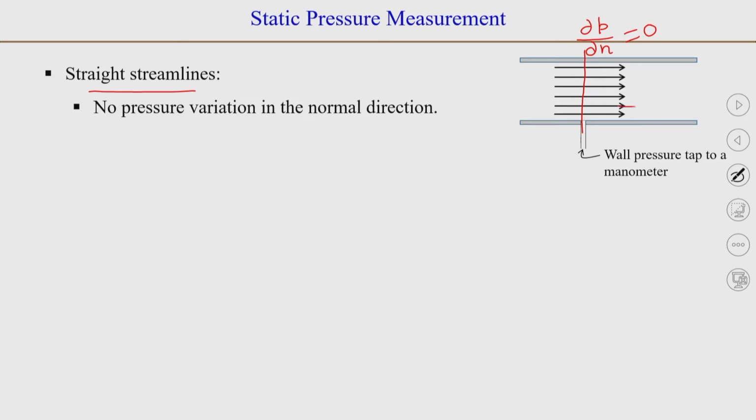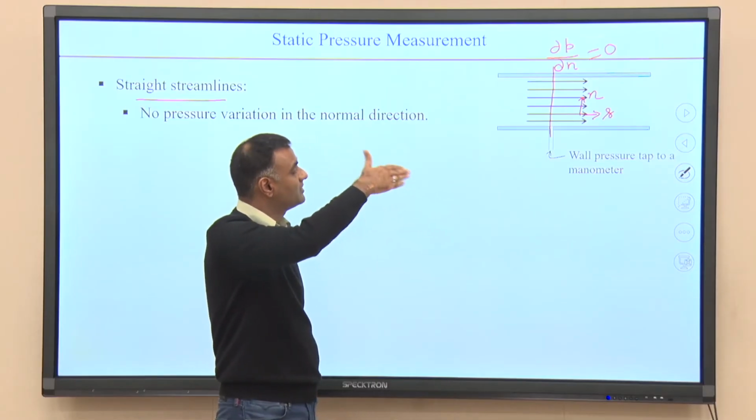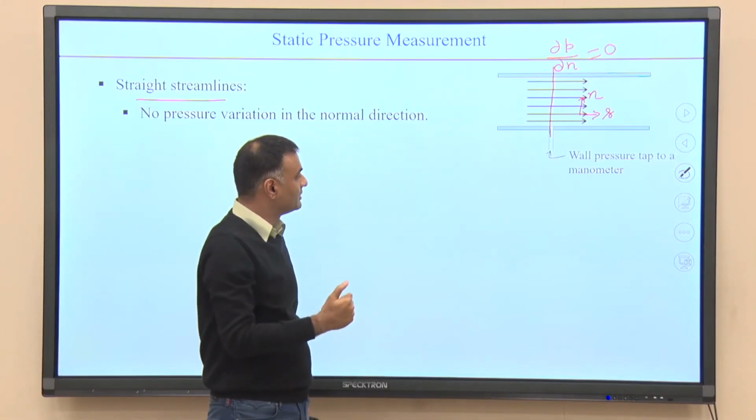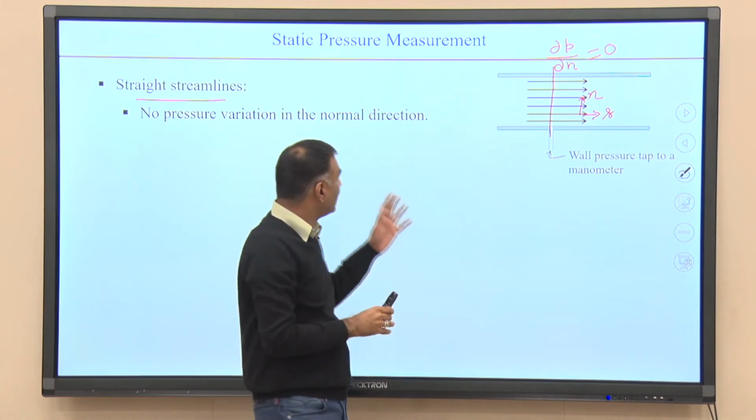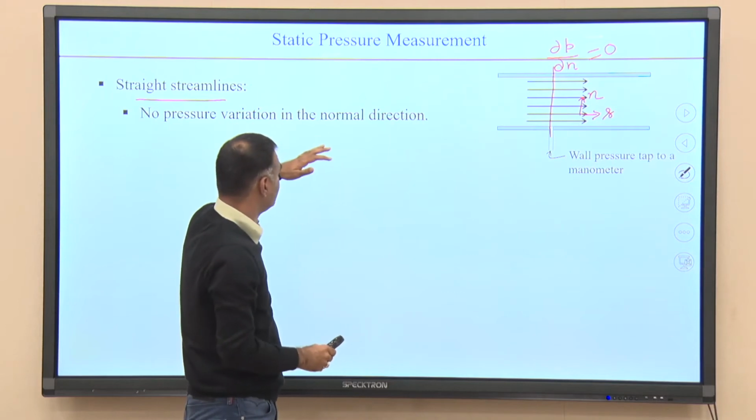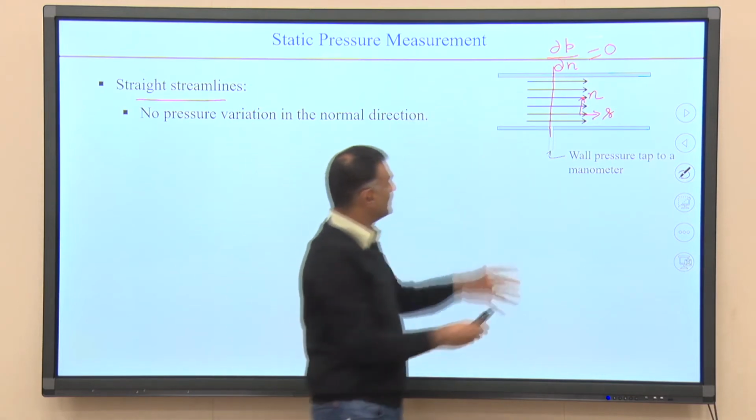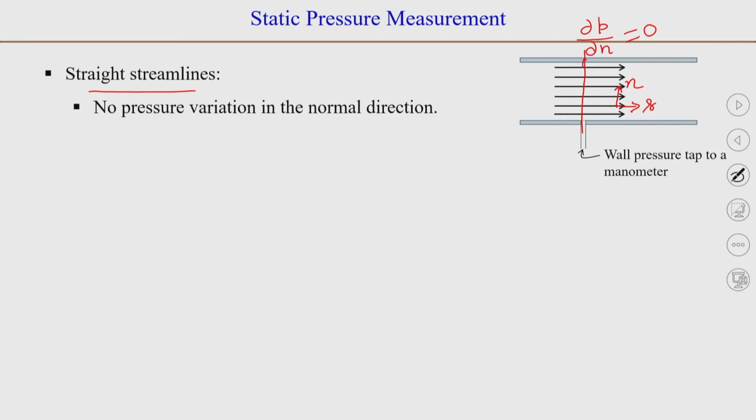Remember what we talked about: s is the coordinate along the streamline, and n is the coordinate normal to the streamline. So, when the streamlines are straight in the flow, then the pressure you take at this section normal to the streamline, the pressure at all these points,